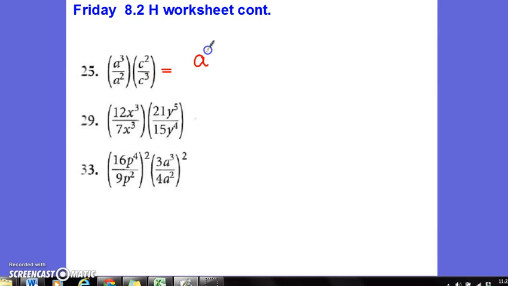So you can use a to the third c squared over a squared c to the third. Then figure out where they're bigger. Here the a's are bigger on top, so you give an a, and here the c's are bigger on the bottom, so it's c on the bottom. So a over c is your answer. In number 29,